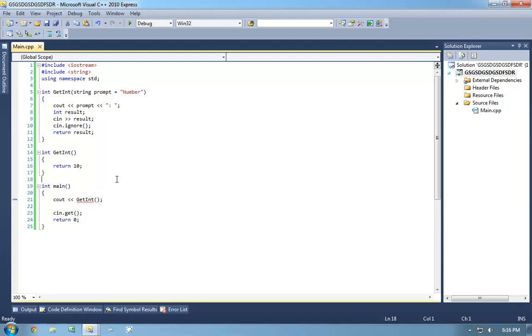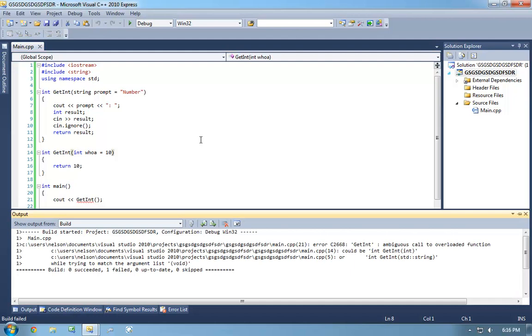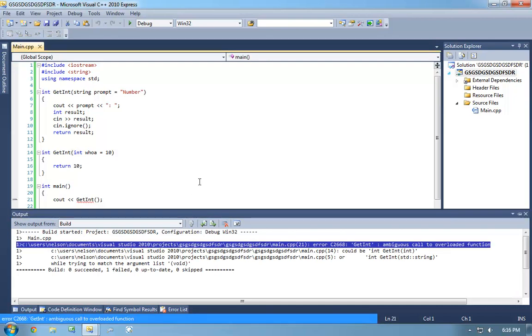What if you had get int prompt equals 10 in the string one? Oh, well, that's a good question too. If I had like an int woe equals 10, you'll still know that there's still an ambiguous call. Ask yourself,